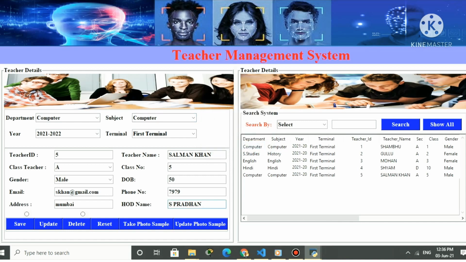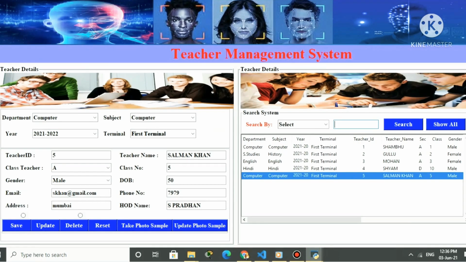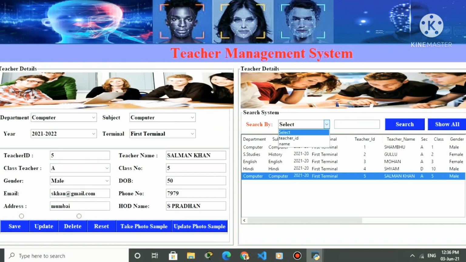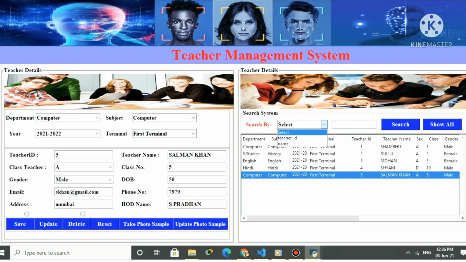Once you click on save, you will find the details of the teacher on the right side of the screen. See, here you can find the details of the teacher. You can also search by teacher ID or by the teacher name. So let's try to search with the teacher ID.